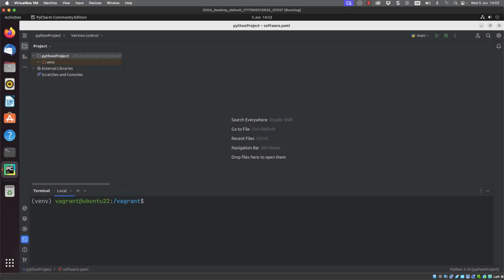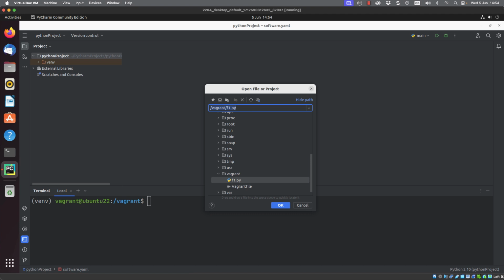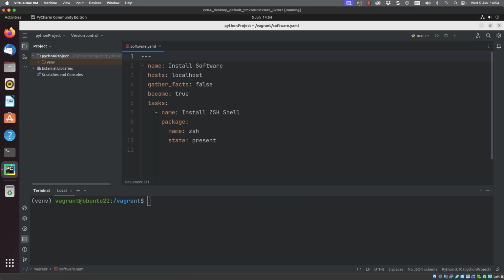Returning back to my Ubuntu system with PyCharm open, we can take a look at what we need to do to get this working. First off, we're going to open up a playbook. Rather than having scripts in the same way that we might within our ordinary Python environment, or even our shell scripts with PowerShell or Bash, Ansible works with playbooks. If I navigate through to the playbook, it will be in YAML format. When I open it, we can see that it's relatively straightforward to read.